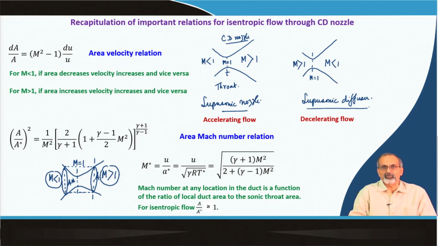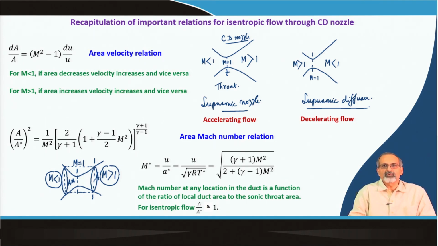in the diverging portion. We also learnt about the area Mach number relation, and if you recall, in this week's lecture we have used the area Mach number relation quite elaborately when we looked at nozzles for prospective supersonic as well as hypersonic applications. And we also have the definition for M star, which is based on the throat condition A star. So, Mach number at any location in the duct is a function of the ratio of local duct area to